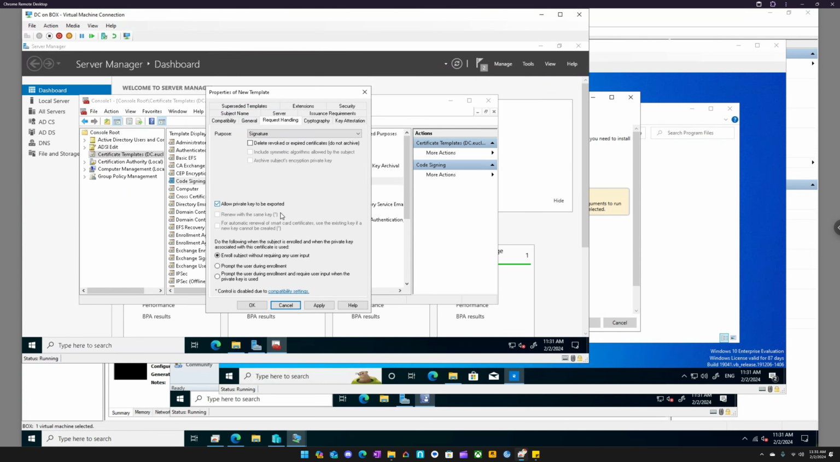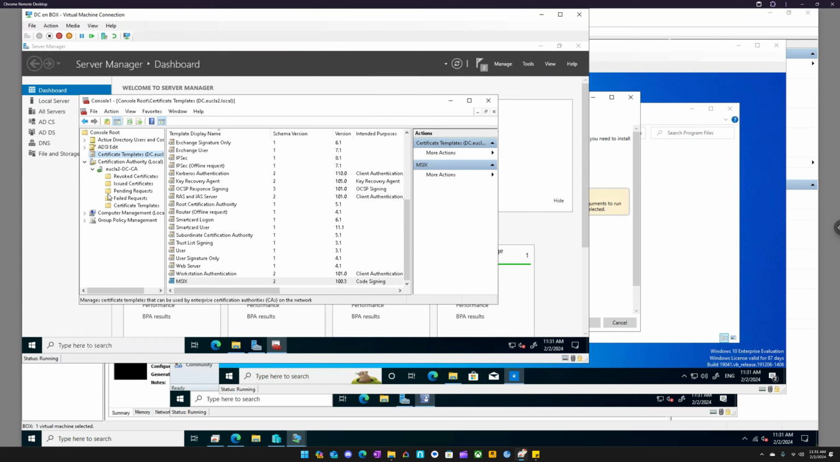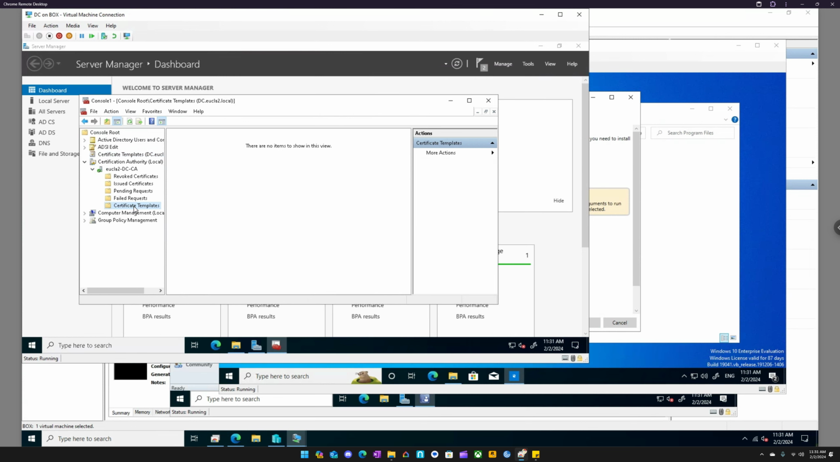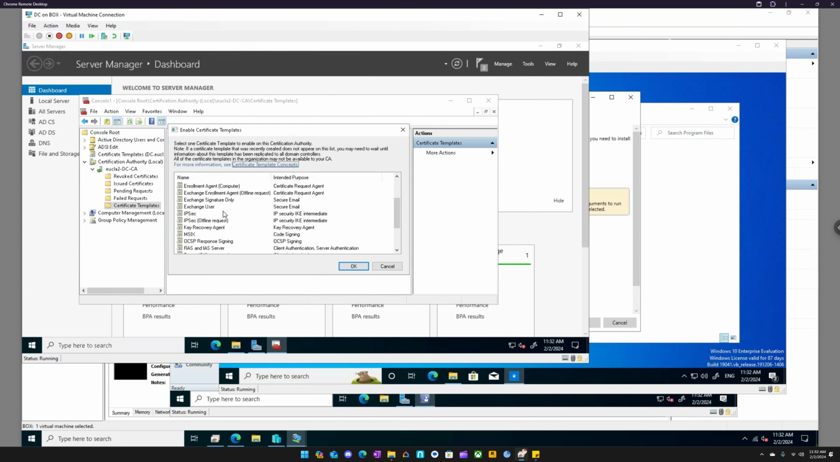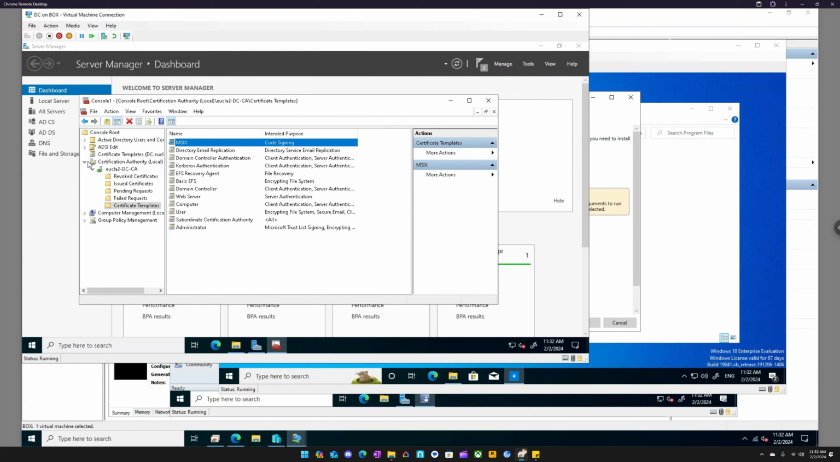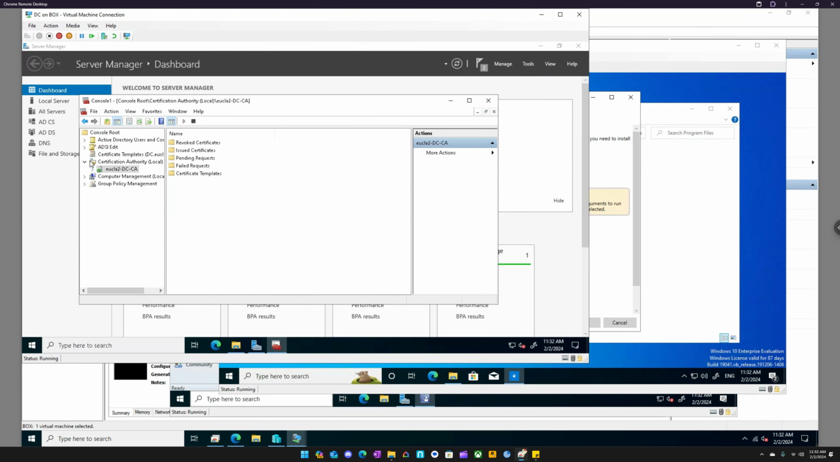There we go. All right. Cert authority. All right. Templates. We just created a new template. There's a new one, so let's add it. Bam. Code signing. It's like a cosign. All right, so